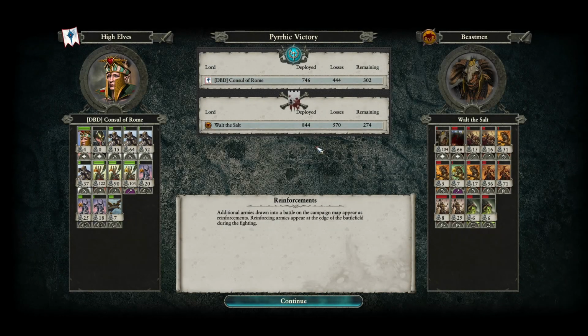Awesome stuff here from Consul of Rome, and it will answer the question here: does elite Beastmen in the old patch beat up against High Elves? The answer is no. But if we do go here with the Beastmen, we will see 104 kills, 1.5k for